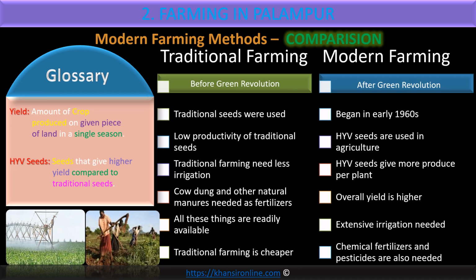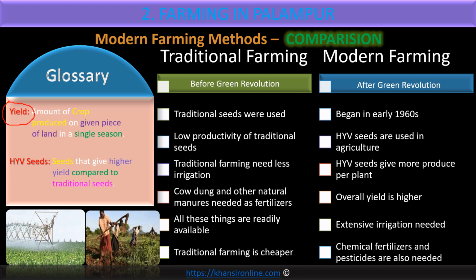Now let us compare the modern farming with the traditional farming. But before we compare, let us see some important keywords that you should know before you go further. What is yield? Yield means the production, the total production that you take from a land in a single season. What is a single season? Suppose you are a farmer, you grow rabi crops and kharif crops, both the crops you grow, and in 1 acre of land you have sown wheat,